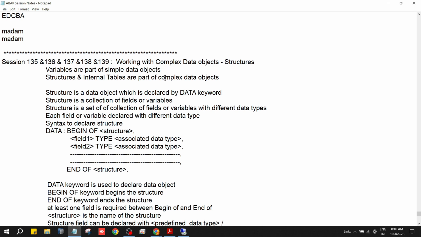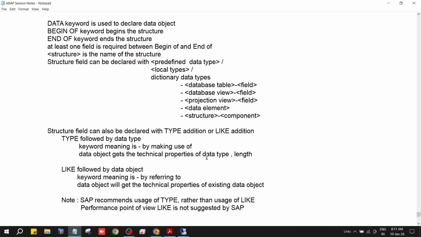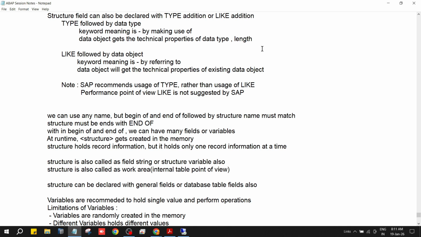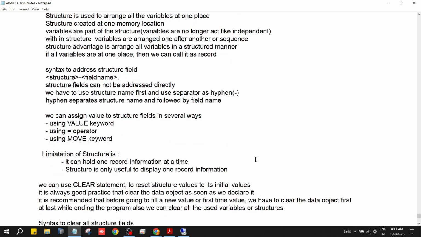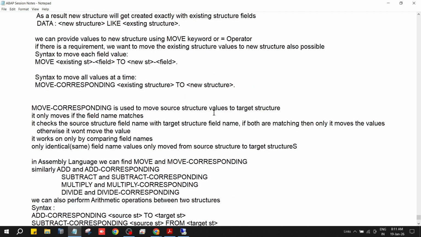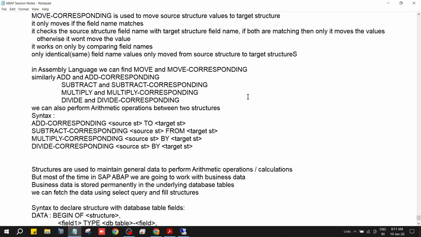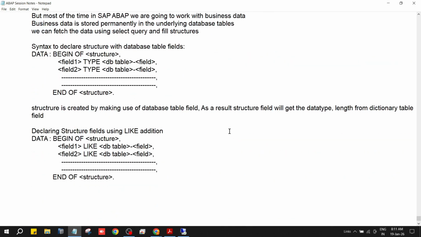That comparison is over. Now structures: introduction, syntax, usage, variations, how to create structure fields with the type and like also completed. Okay, these are all the topics. Now, how to use the clear statement, is initial, is not initial, move corresponding topics also. Last minute when I was typing this one,